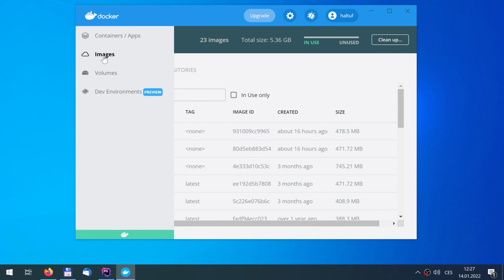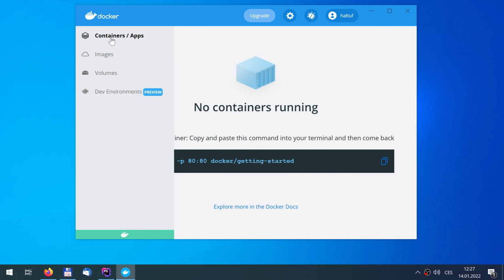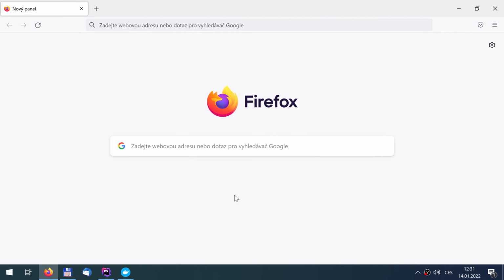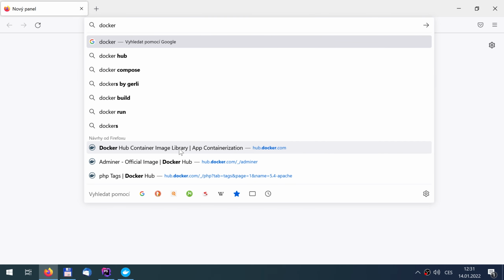These images are then used to create so-called containers, which are specific instances of those images running on your computer. You can start those containers, shut them down, individually or in a group. You can open specific ports to them and communicate with them externally from your computer. If you don't do that, the container is a closed box that you just can't get into from the outside. The most well-known such repository for finished images is the so-called Docker Hub.